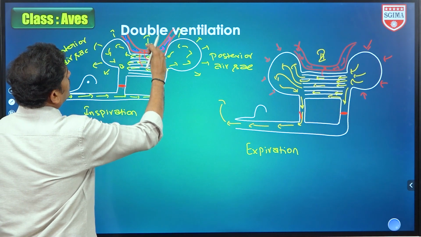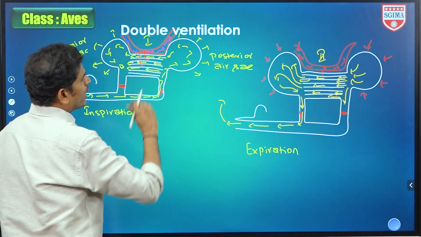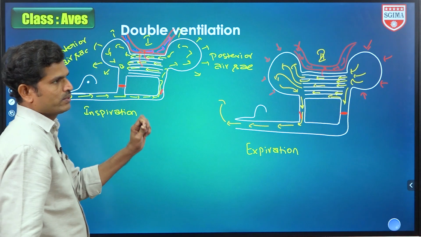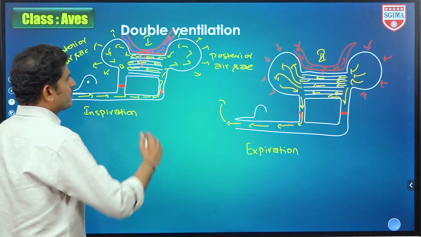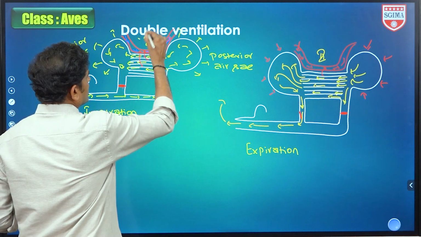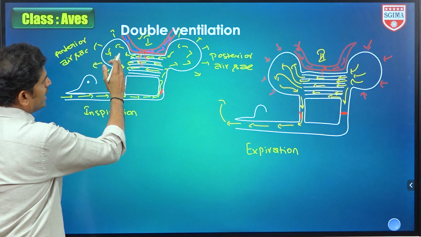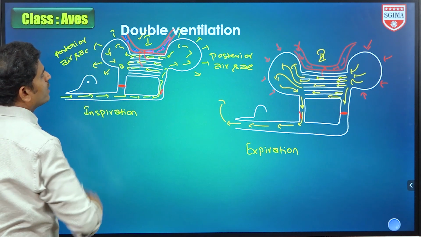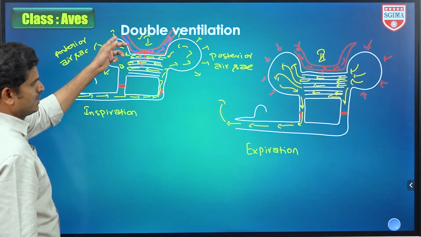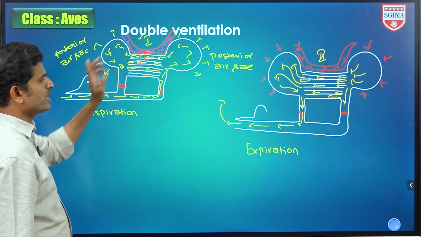These are arranged parallel with blood capillaries. Their walls are very thin, like tissue paper. That's why exchange of gases easily takes place here. This is the first exchange of gases, then air will be gathered here. The air gathered here is deoxygenated, meaning it is oxygen-exchanged gas. So during inspiration the gases are exchanged. This is the first exchange.